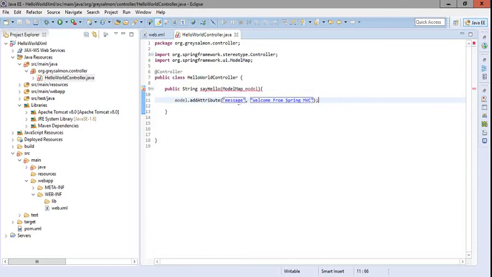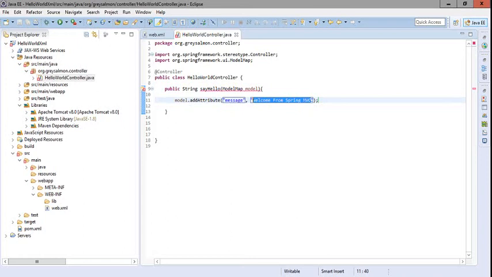So now this model is of type collection, that is of type map, which works in key-value pairs. Means we have to mention the key in the form of strings only, and any type of data can be bound with this particular key. Any value means a string can be provided, or any user defined object can also be provided here. Suppose we are retrieving the list of all the employees, and the list of employees has been fetched from the database and put into a collection like ArrayList or LinkedList.